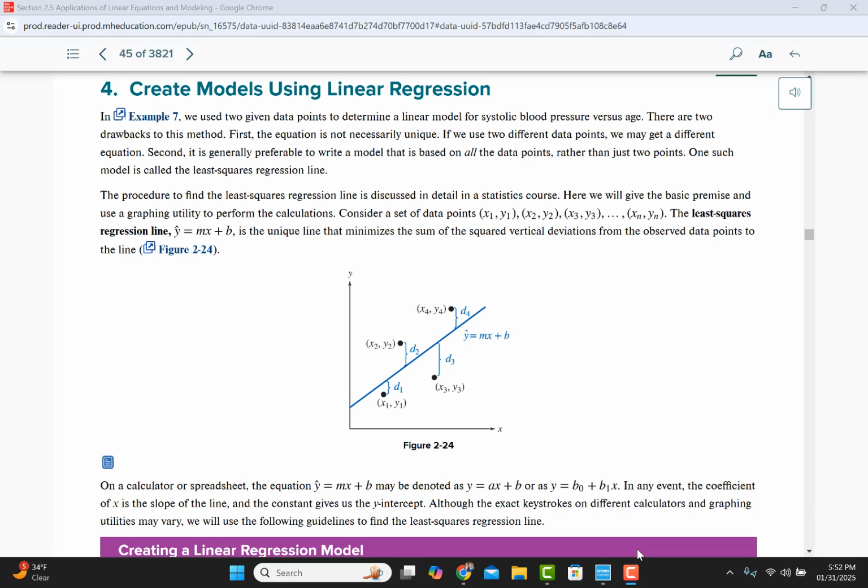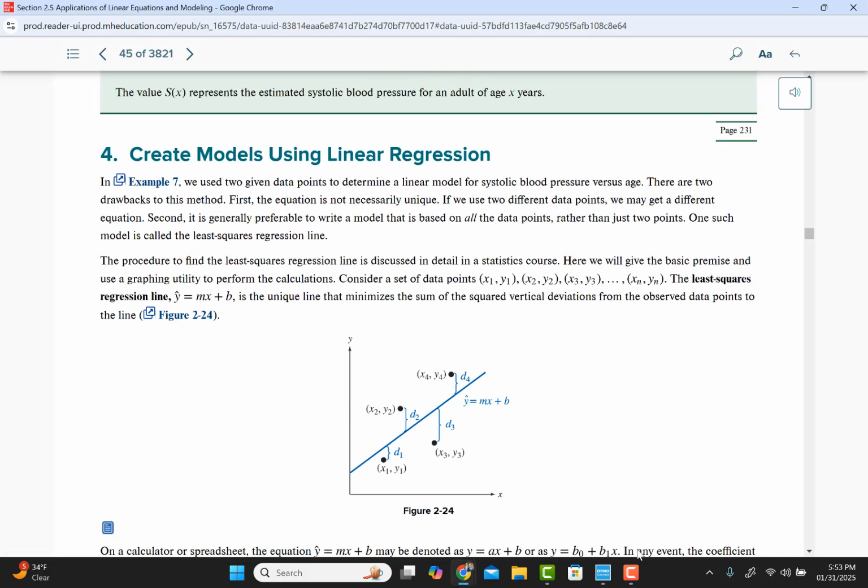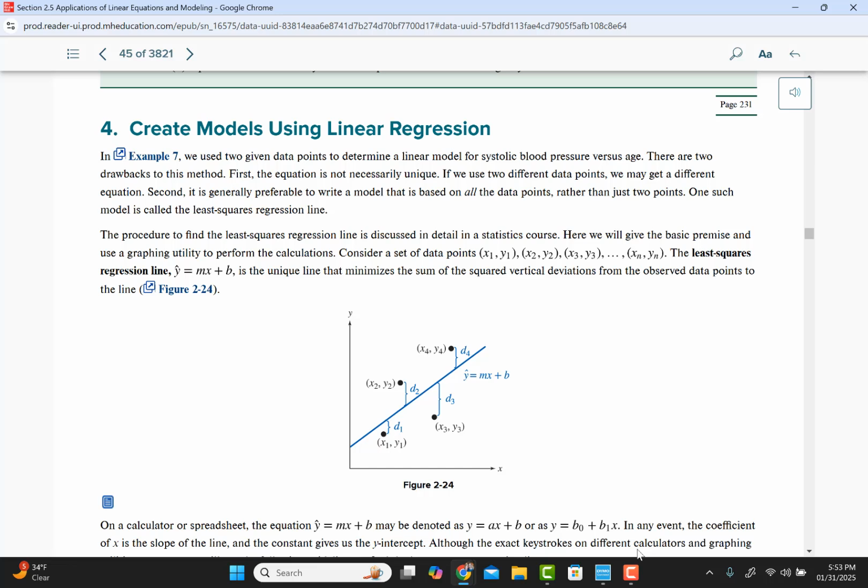In this case, we're using a specific procedure to create the best fit line through the data, and that is called the least squares regression line, or least squares regression. So what is least squares regression? Quite simply, we're interested in finding the deviations. If you draw a line, like in this picture of this line with these dots,